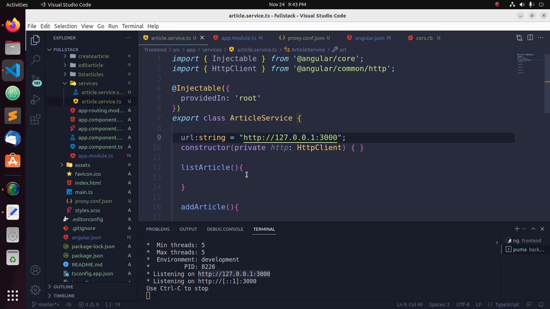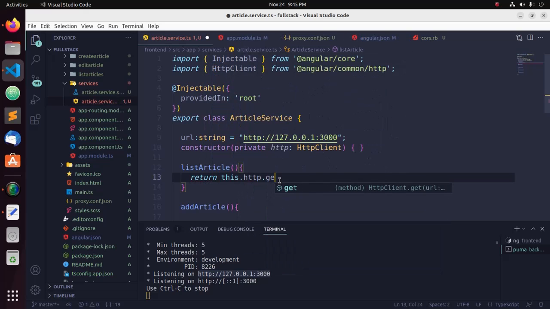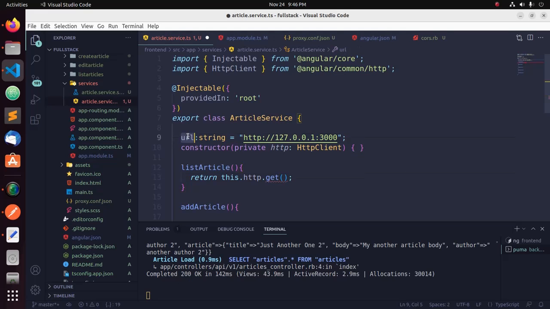Okay, now I'm going to retrieve the article list from the backend API application using the HTTP GET method. Now pass the URL as a parameter for the GET method,